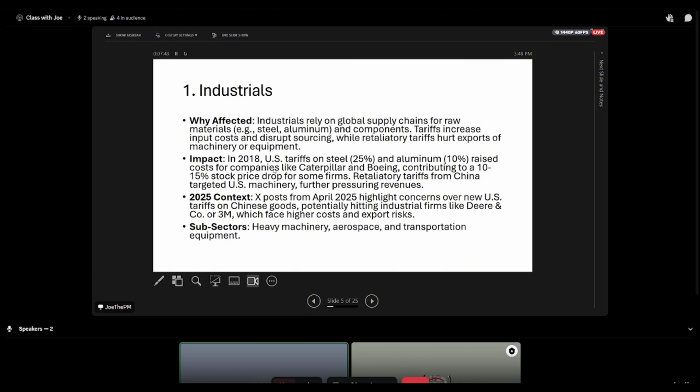That would include companies that use a lot of steel and aluminum, such as Caterpillar and Boeing. I think, Josh, do you know if China's stopped any purchases of Boeing